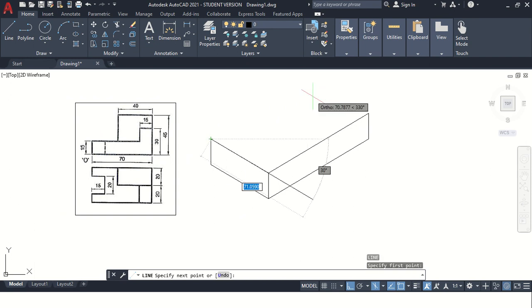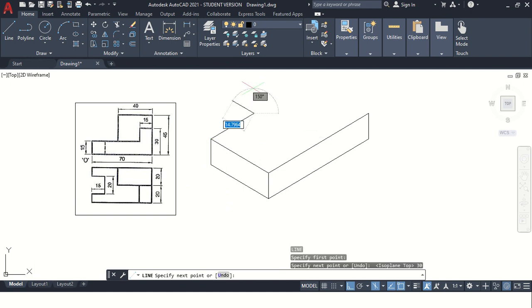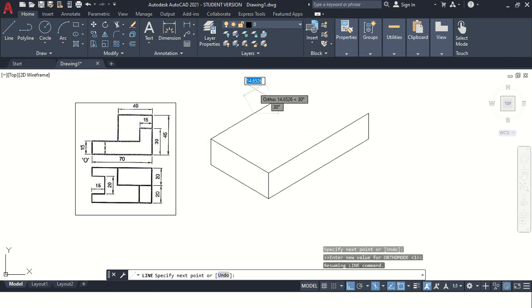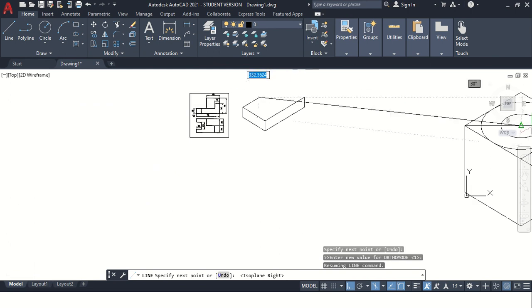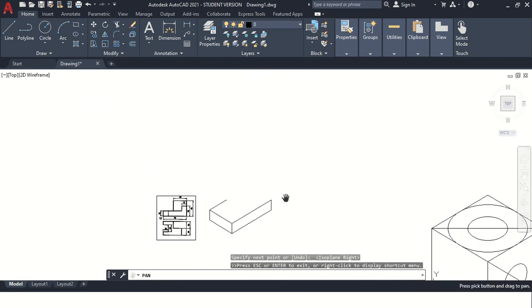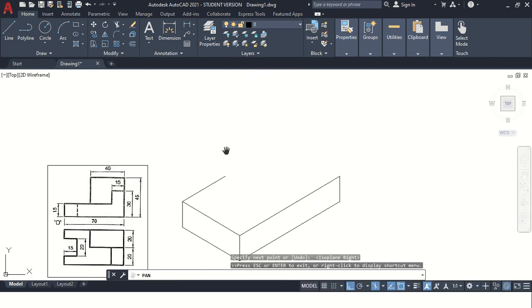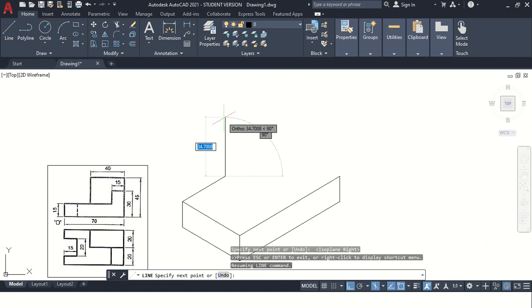L enter, change the plane, F5. Now this distance will be equal to 70 millimeter minus 40, that is 30 millimeter. From that point, you have to draw a vertical line, and that distance you can calculate. The total distance is 45 millimeter minus 15.